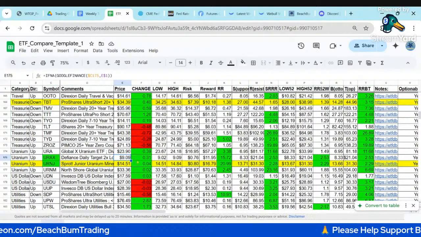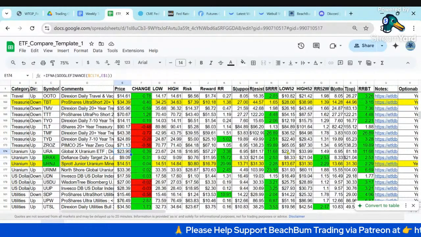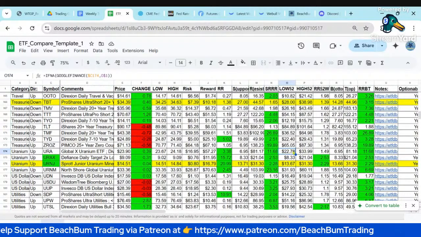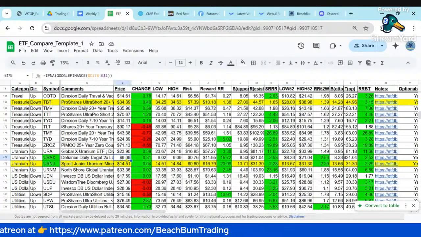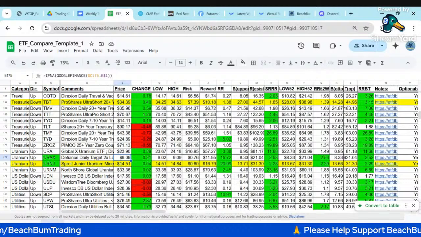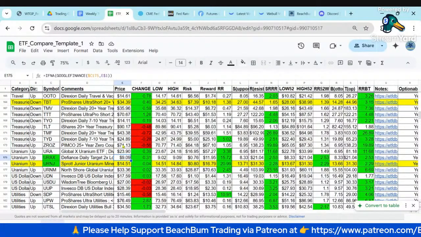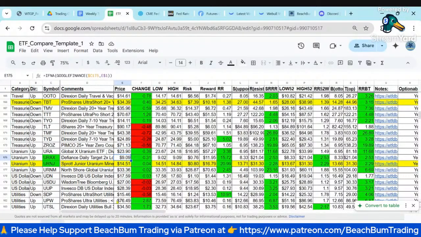So URAX is a leveraged long on uranium. It's based on URA. You see the 52-week low on URA is below 23. It briefly touched there, I think, about Thursday. If it comes back down again, we're looking for a long in uranium using URAX. You can also see the uranium miners are somewhat attractive, but I kind of like the broad exposure of URA with the leverage of URAX.